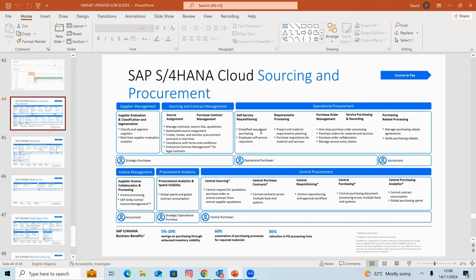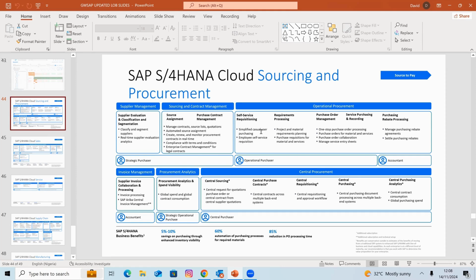We have self-service requisition, where these features enable each department to place a requisition to the procurement department. Say HR is in need of a computer, or any department is in need of a particular item, and they are not in touch with the suppliers directly.